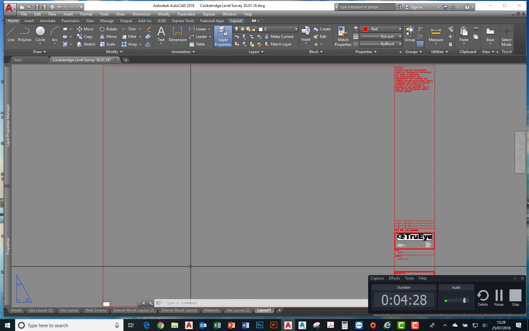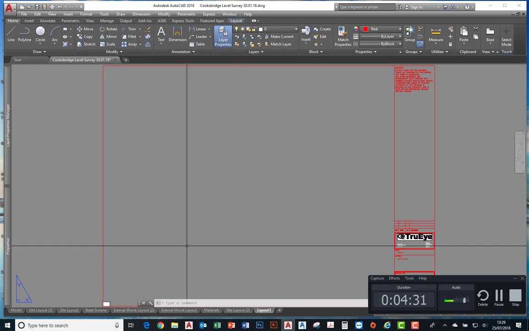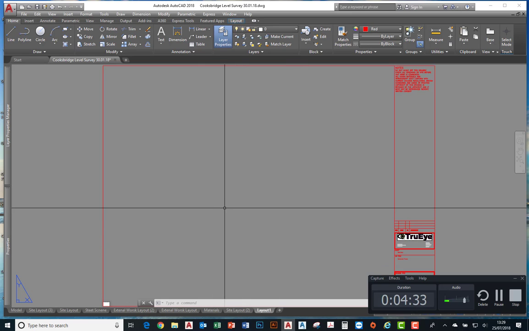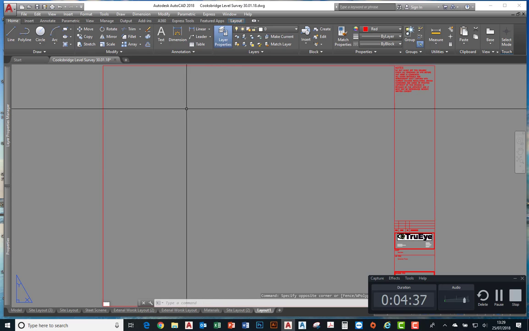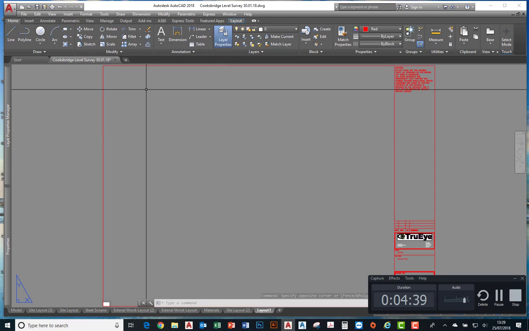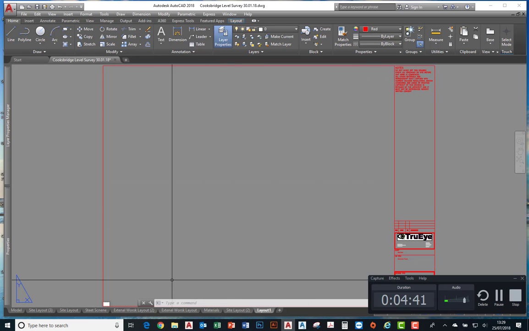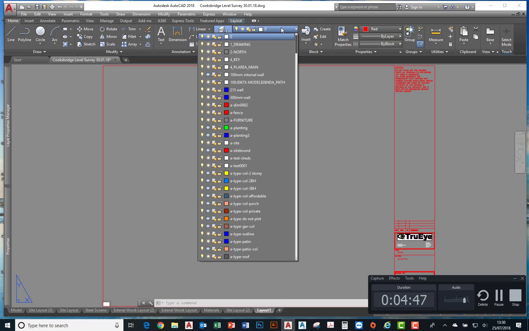Obviously the scale was slightly wrong, so I just did a zoom extent, which is Z return, E return, and that brings up the actual drawing itself. Now what we also want to do is create a viewport within this drawing border. So we want to make sure that our layer is 0 at this stage,